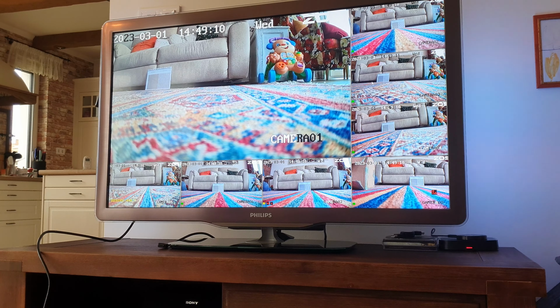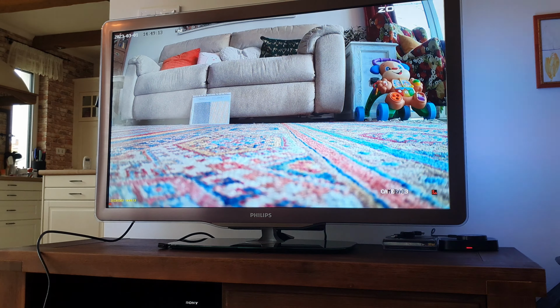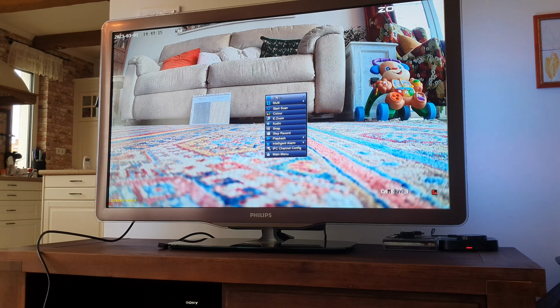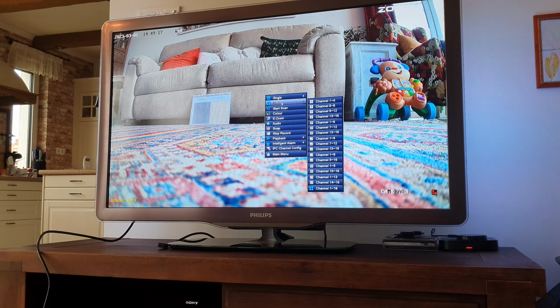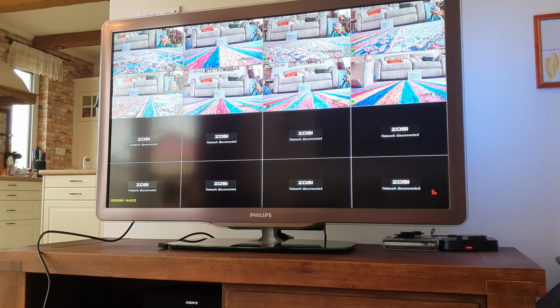So if you click on this, you can change the multi-view to all channel 16. Okay, so one additional note, where there is this little green box, it means that that camera is recorded at the moment. Maybe one last note, that there is a main menu,